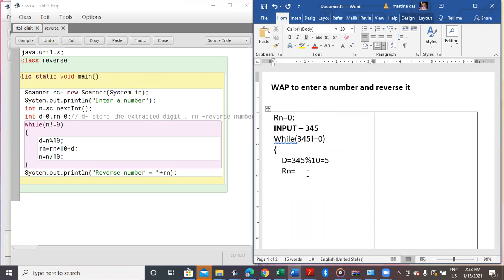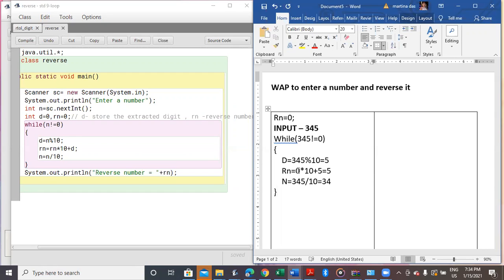So here it will now be 0 into 10 plus the value of d. Now d's value happens to be 5 now. So the output that will be saved is 5. So I go for my next part, that is the third line of the loop, that is n equals 345 divided by 10. So the quotient that will be saved is 34.